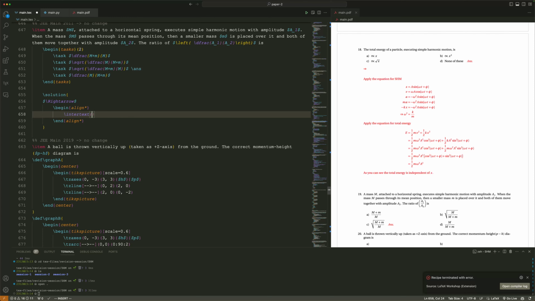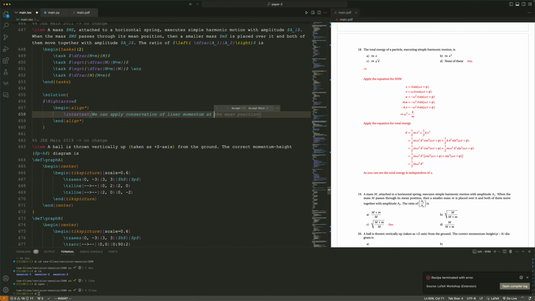We can, one second. Yes, we can apply. No, like conservation of linear momentum as a spring. Linear momentum